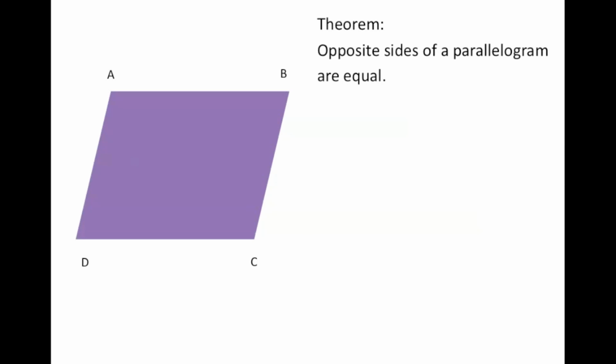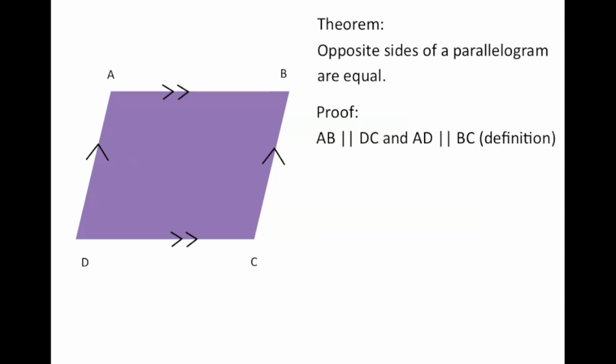Well, firstly, what do we know about a parallelogram? That the opposite sides are parallel, right? So we have that AB is going to be parallel to DC and AD is parallel to BC, which we know from the definition of a parallelogram. Next, what I'm going to do to prove that the opposite sides of this are equal is I'm going to draw the diagonal BD,